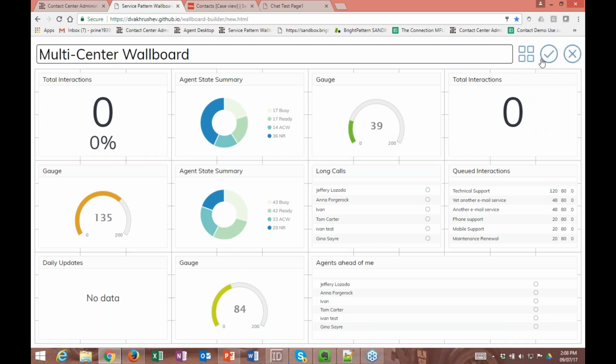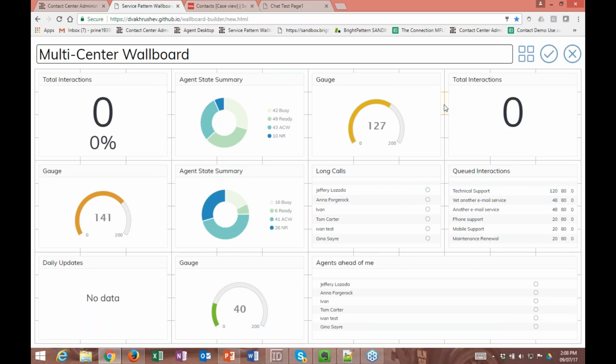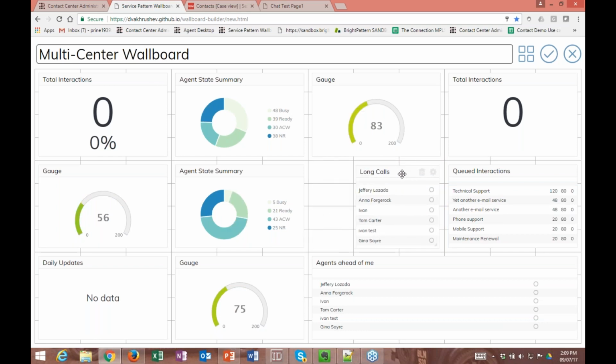When I click on edit, it allows me to edit a couple of different things. Right in the same window, we can edit the title of the wallboard, and then we can edit the size of these widgets as well as the widgets that we have available with the data that we're looking at. For example, if we wanted to resize one of these widgets, we could do that, and you'll see that there's a grid behind here. So we can resize the widgets to whatever size we need,